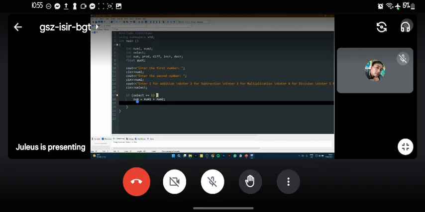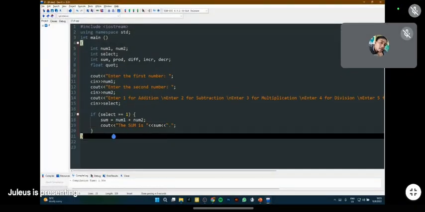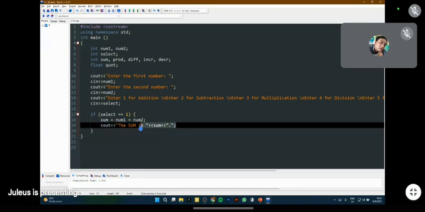All right. And then we will add here a cout that says the sum is, and then concatenate it with sum. Then add a period. Concatenation again, di ba? So the sum is, and then the value of sum. So for example, he entered 5 and 6. So it will add them, and then it will say the sum is 11. And then concatenate it with a period. So I'm hoping everybody has already fully understood concatenation.